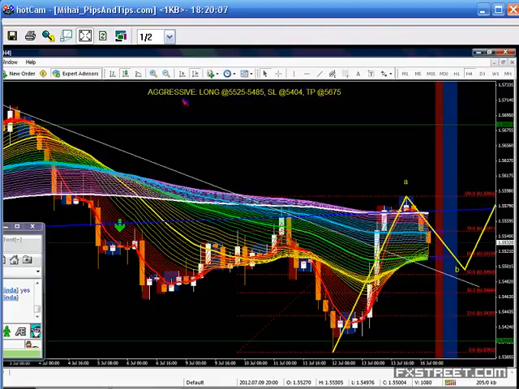Now, if you enter an aggressive trade, an aggressive setup, you should be as aggressive as possible, meaning that you're basically looking to buy a bottom, to catch a bottom. So the lower price gets, the better it will be in terms of risk to reward. The bigger your reward will be, the smaller your risk will be, and basically the risk in terms of probability